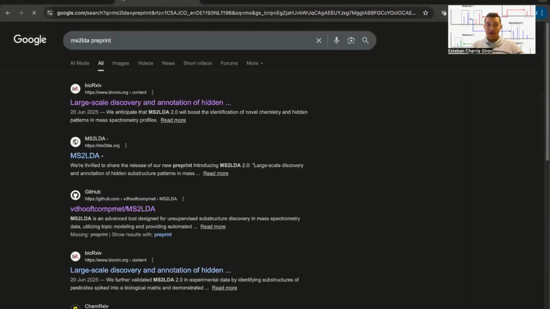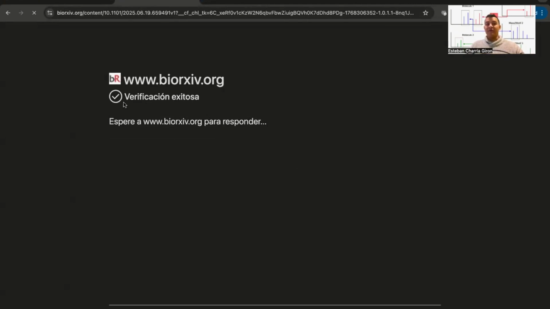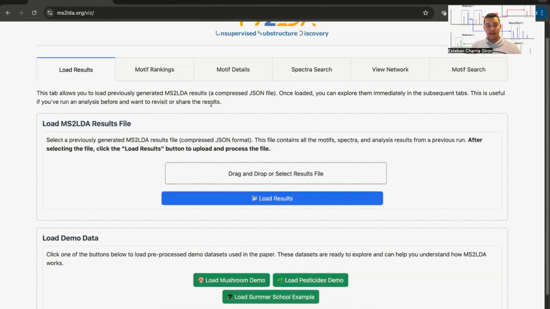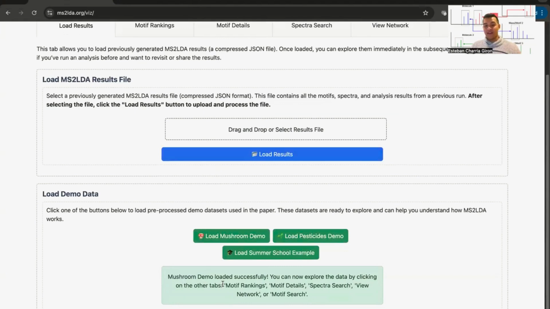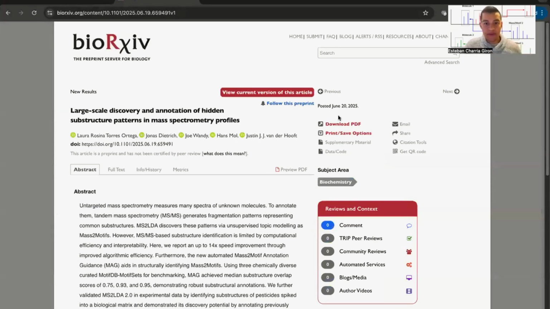So that everyone is aware of what we will be discussing today, we will go to the preprint, which is in bioRxiv, and we will see the case study that we're going to use. While it loads, here we see that our demo data results have been loaded successfully. So now it has enabled the other tabs: the motif rankings, motif details, spectra search, view network, and motif search, which are here on. So, okay, here we have the preprint, and if we